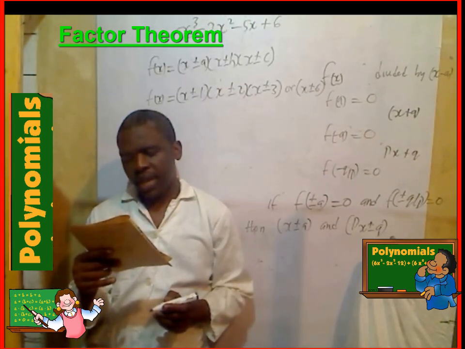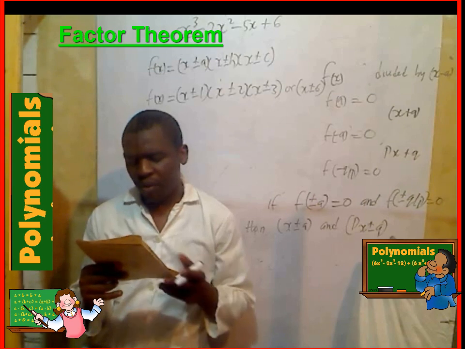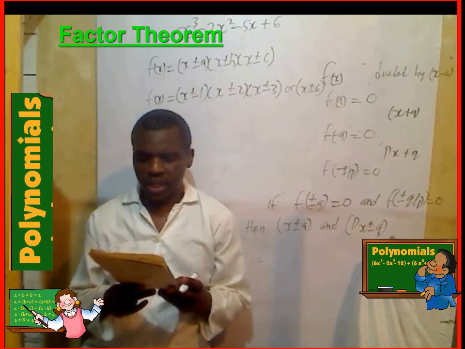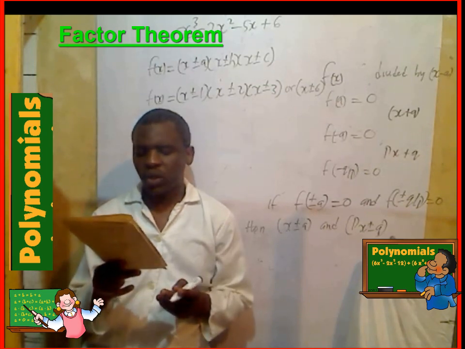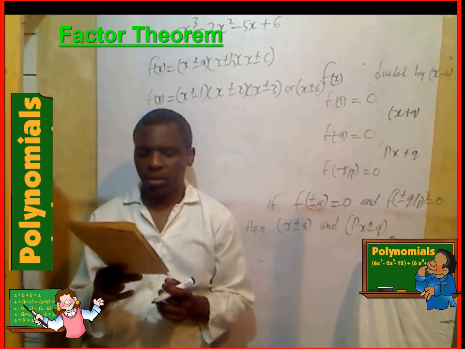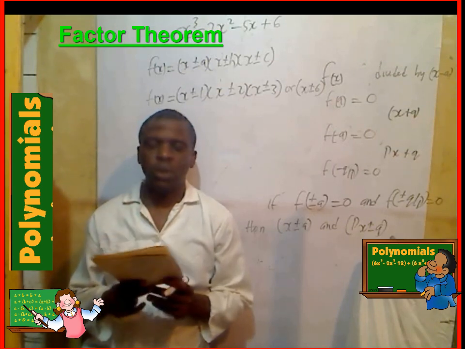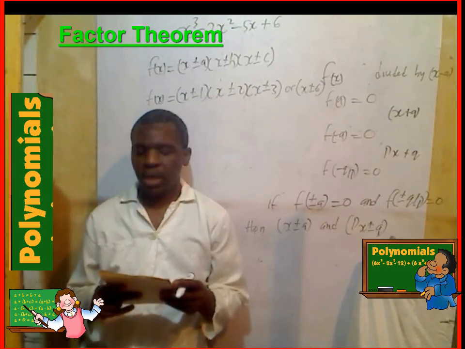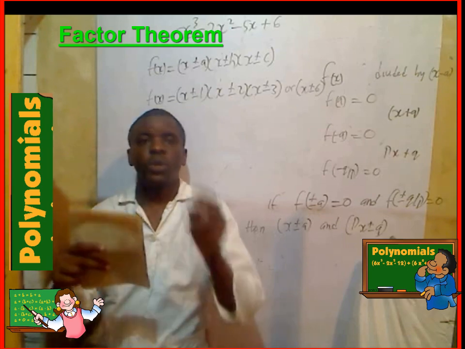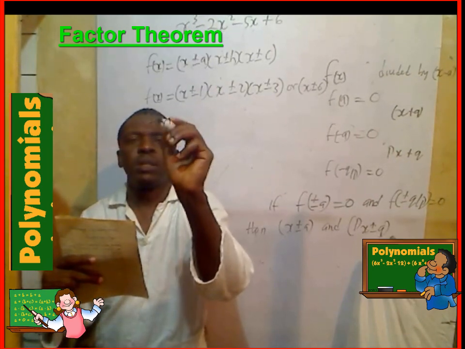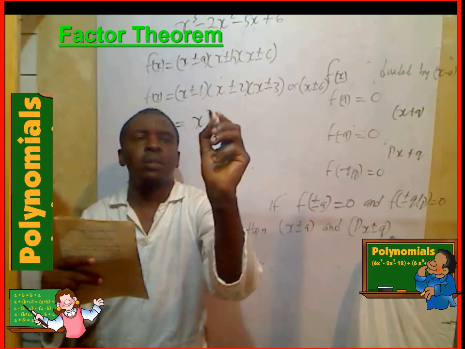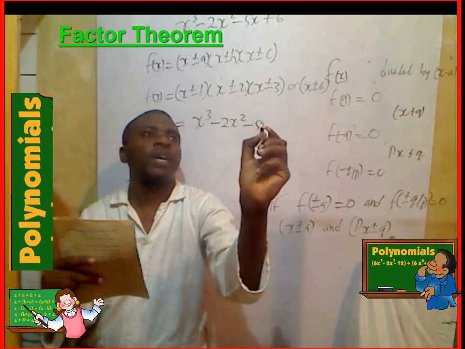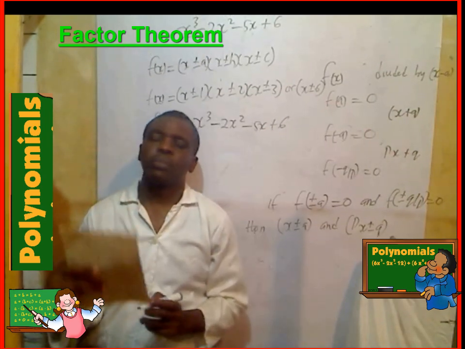And we must find the first factor from these above trials. Two methods are possible when factorizing a given polynomial: the trial factor method and the long division method. But the trial factor method is of limited use, so we'll go by the long division method. So if we are given f of x equals x cubed minus 2x squared minus 5x plus 6. Let's try